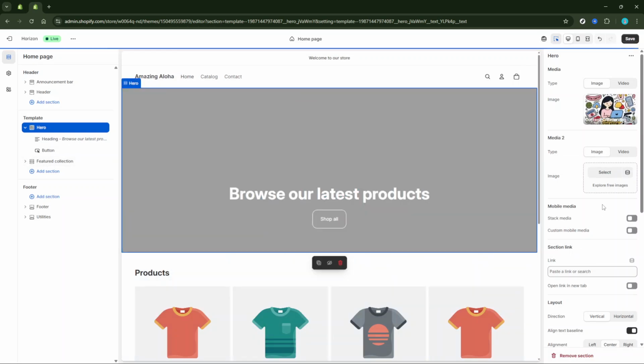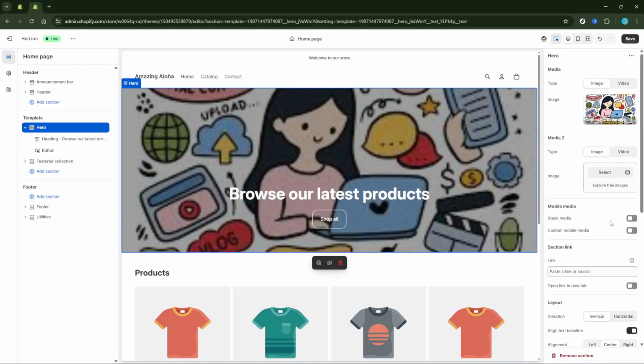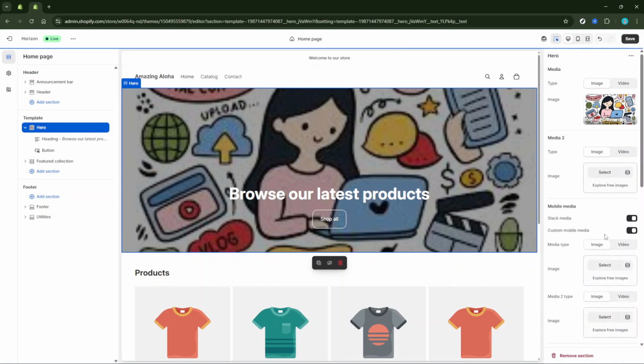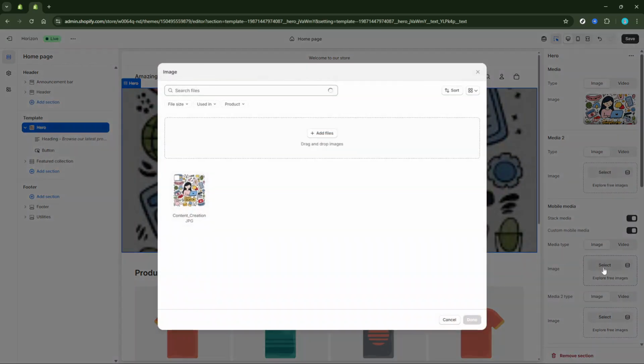Finally, preview your changes to ensure everything looks just right. Use the preview tools to view the desktop version of your site and the mobile version separately. This is your opportunity to make sure that the banner images display correctly and provide the desired impact on both platforms. And there you have it.